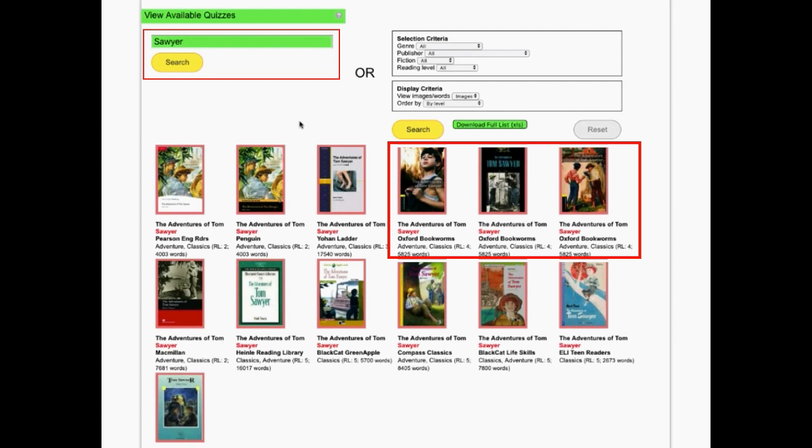And this is when they're searching for a book. They put in a keyword from the title, and then they get a display of all the books, and then they can just click on one of the books there. You can see that those three that are in the red rectangle there are all the same book, but the cover keeps changing. Publishers don't like to keep the same cover on their books for too long, and so we have all the covers. We have 7,000 quizzes in this system.